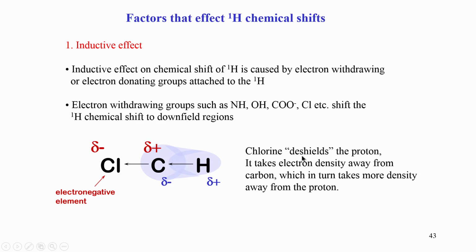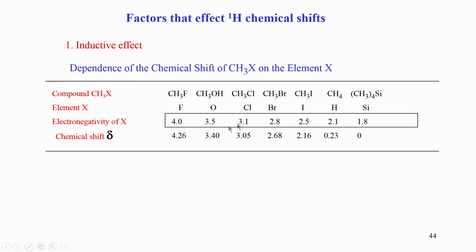So, what chlorine is essentially doing is de-shielding, it is taking away the electron from the hydrogen. Therefore, hydrogen becomes partially positively charged, and by taking away the electron density from hydrogen, it is reducing the shielding factor, the sigma value which we saw in the previous slides, and that makes it go closer to as much de-shielded as possible. So, that is one of the simplest effects, and this is shown further here for some alkyl halides.